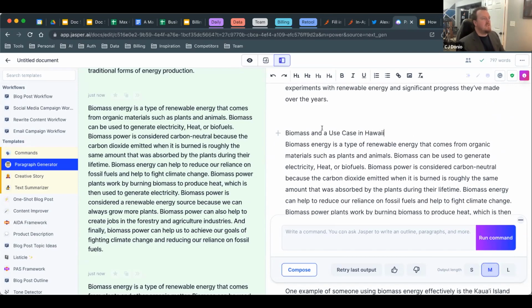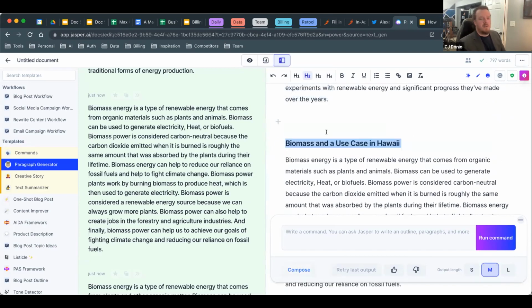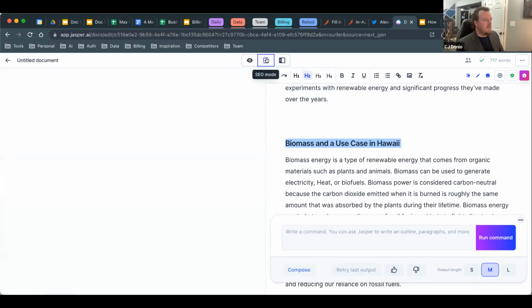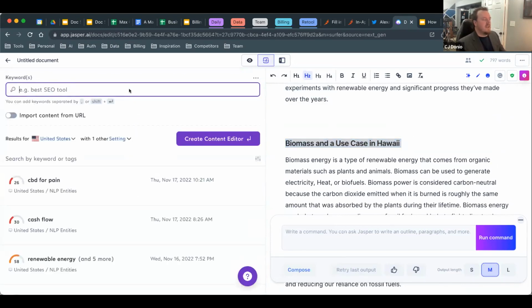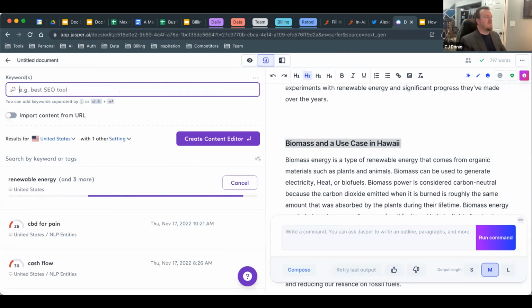All right. Now, while I'm doing this real quick, I'm going to swap over to another mode that's really, really cool. SEO mode. So basically what I'm going to show you here is I can kind of plug in some criteria for generating an SEO ranking. So again, I'm talking about renewable energy. I'm talking about solar energy, water, hydro energy, biomass energy, you get it. We'll just start there. We'll keep it simple.